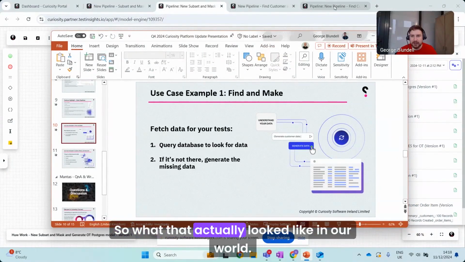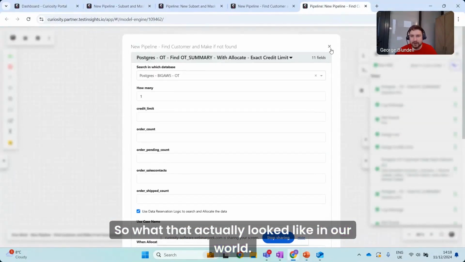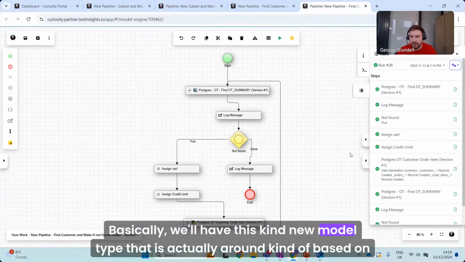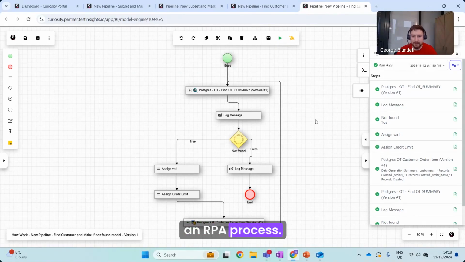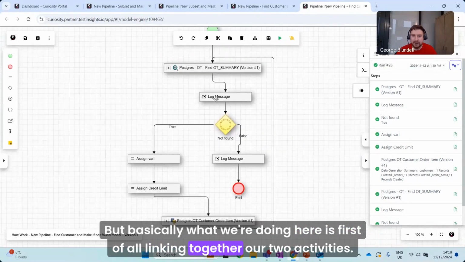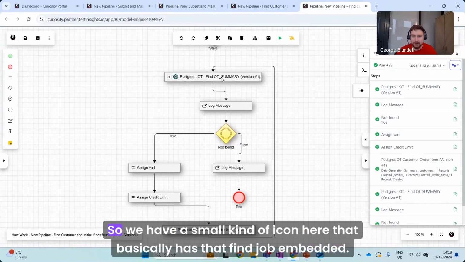So what does that actually look like in our world? Basically, we'll have this new model type that is based on an RPA process. What we're doing here is, first of all, linking together our two activities. We have a small icon here that has that find job embedded.